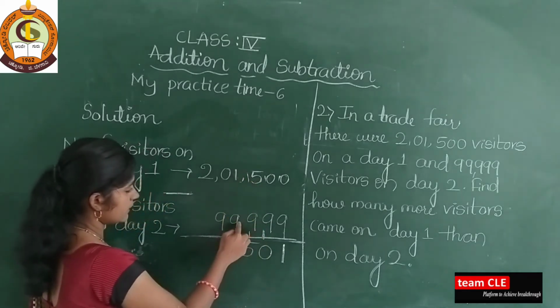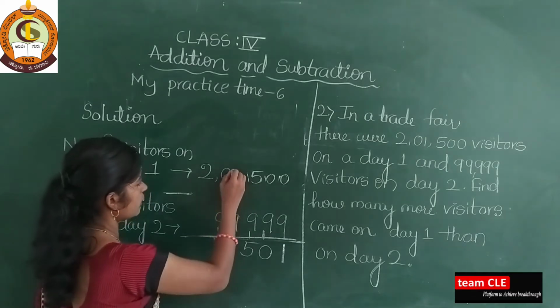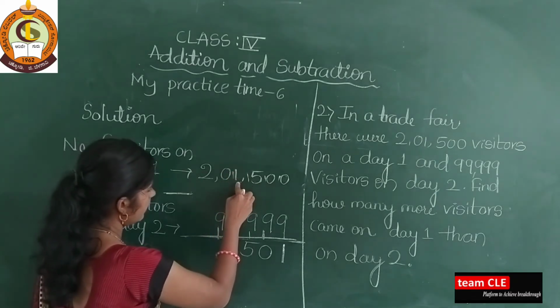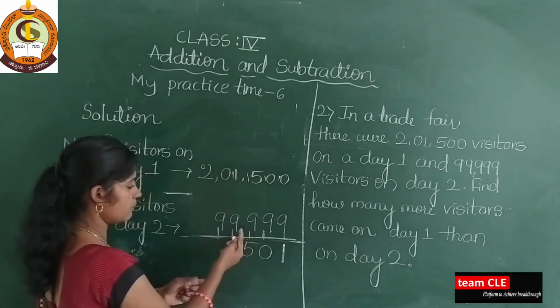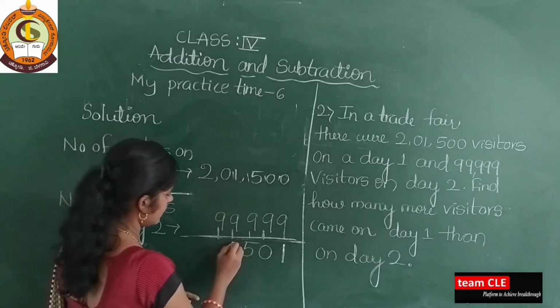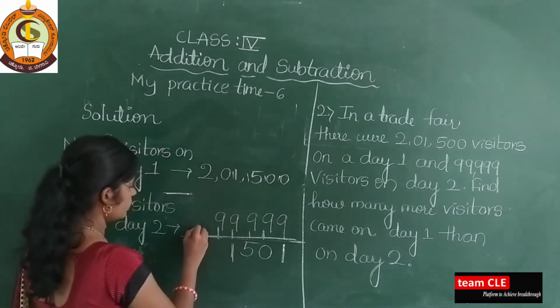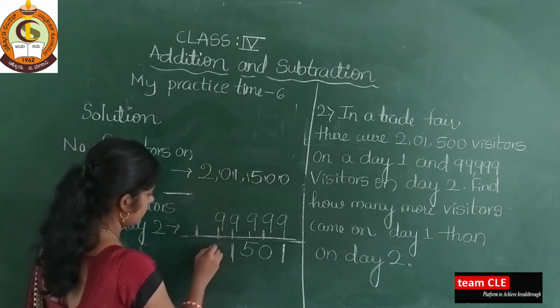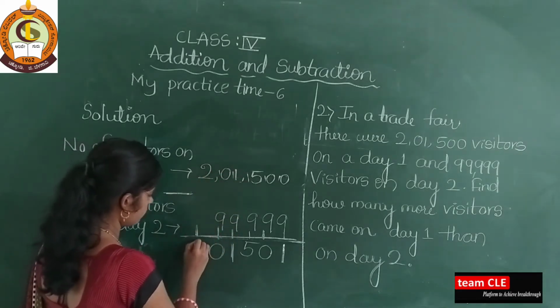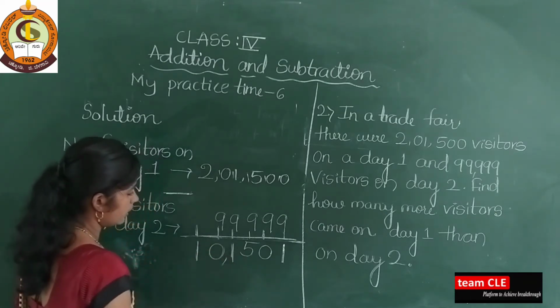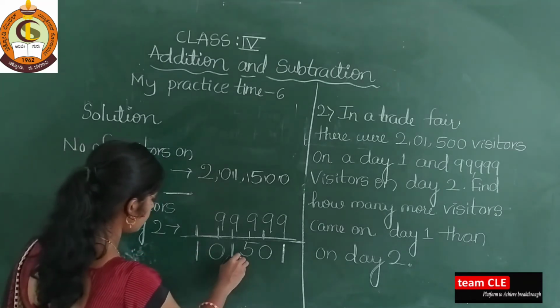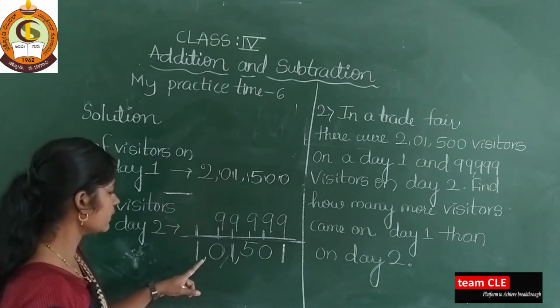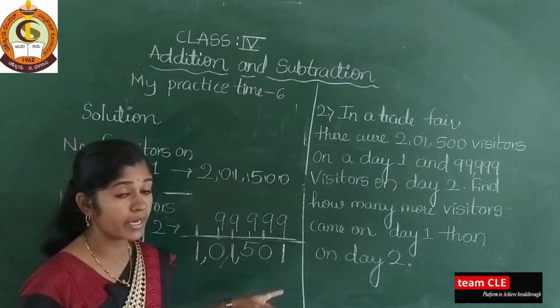Again here 1 minus 9 is not possible. Again you need to take carry, 11. 11 minus 10, because 9 plus 1 is 10. 11 minus 10 is 1. Again you need to take carry here. This is 10. 10 minus 10 is 0 and 2 minus 1 is 1. So what will be the answer here? Here after 3 digits, 1,01,501.